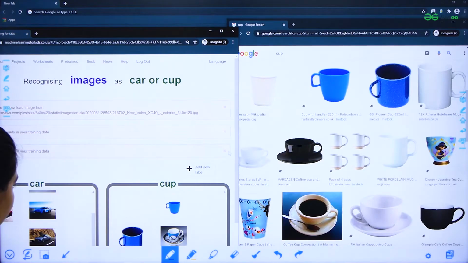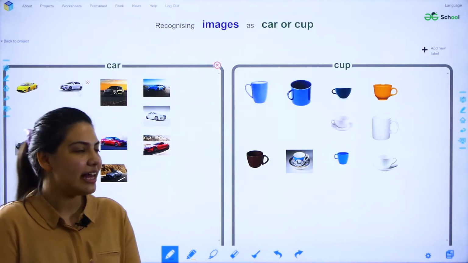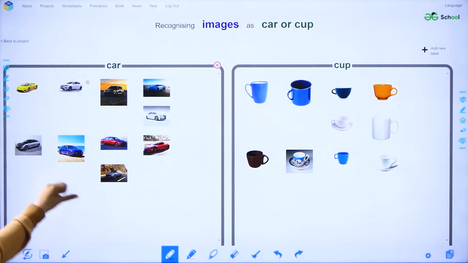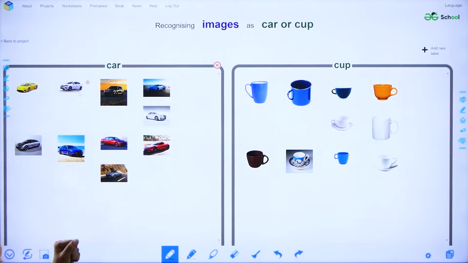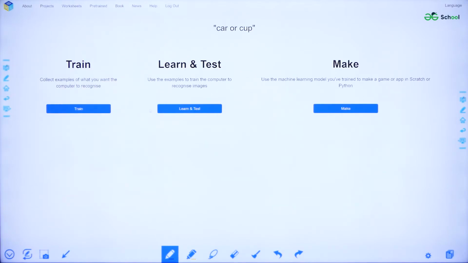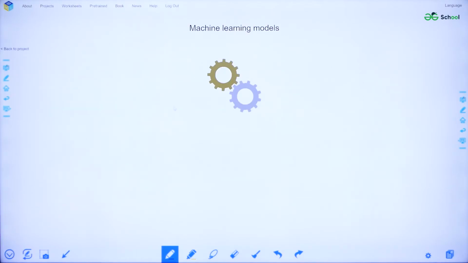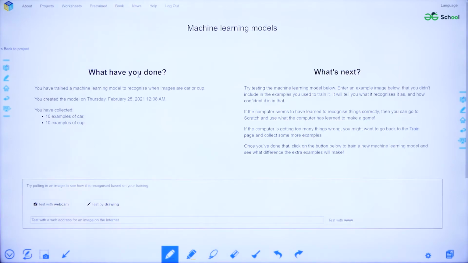I guess it may be enough. So as you can see, I have dragged the examples, the images from Google, into my two buckets. Now I have to make my computer learn from these examples. So I'll click on back to project and make my computer learn, and then we will test it. You can see 10 examples of car, 10 examples of cup and it's training.